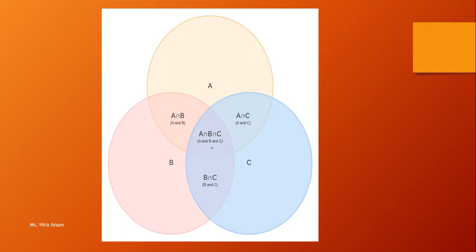This is A set, orange; this is B set, pink; and blue is C set. In this portion you have the intersection of A, B, C. These elements, like I write 3, belong to A, B and C, but in this portion I write 2. This portion denotes 2 belongs to B, 2 belongs to C, but in this portion